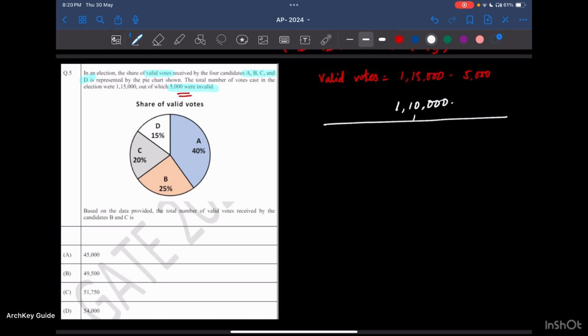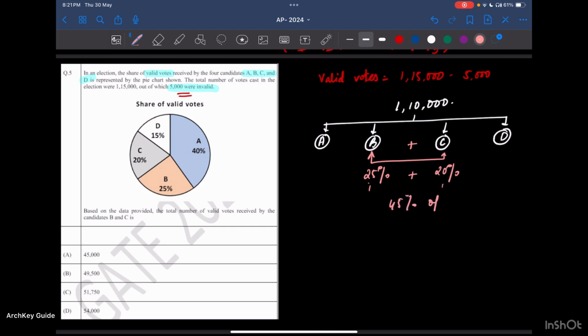And we have four candidates, A, B, C, and D. So what the question is, based on the data provided, the total number of valid votes received by candidates B and C. So what they want is only this summation of this. So what is the percentage? For B, it's 25%, and for C, it's 20%. So instead of going and calculating individual votes for this and this, what I'm going to do is I'm going to add this up. This is 45% of the valid votes,